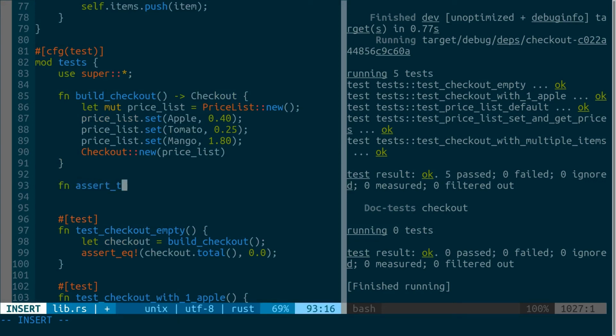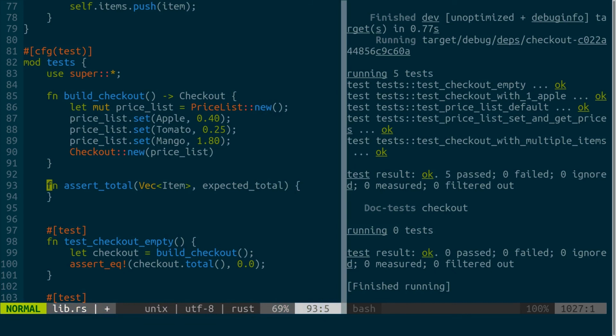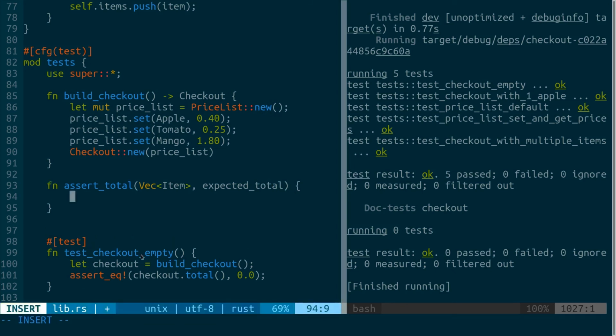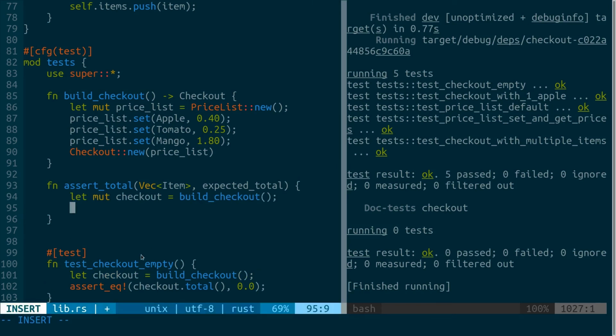Let's name it assert total, that would receive a vector of items and expected total. And if it doesn't match, then we'll just panic with assert. So here we'll need checkout, the same checkout structure, and we'll